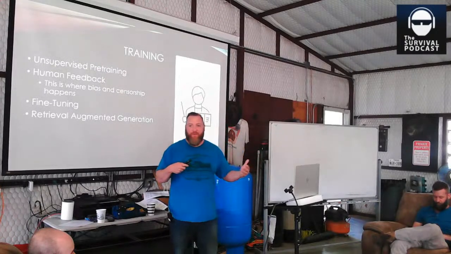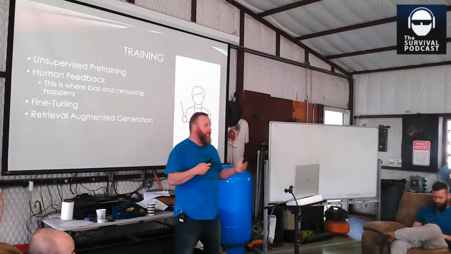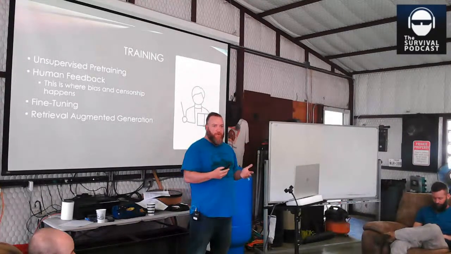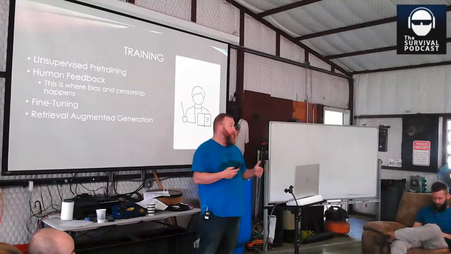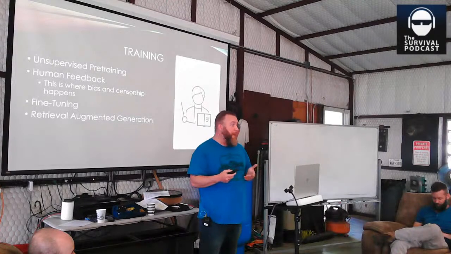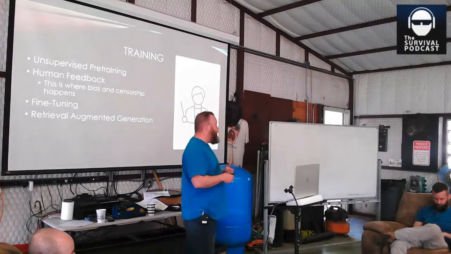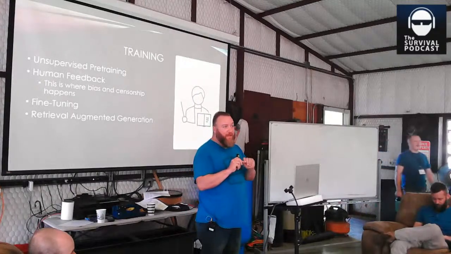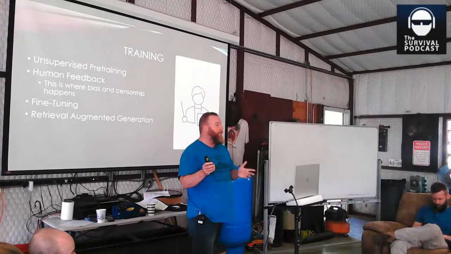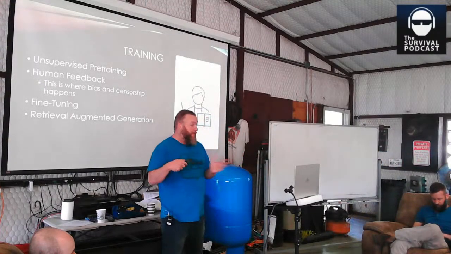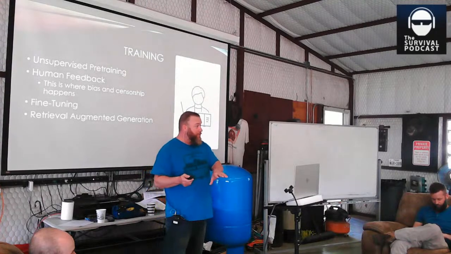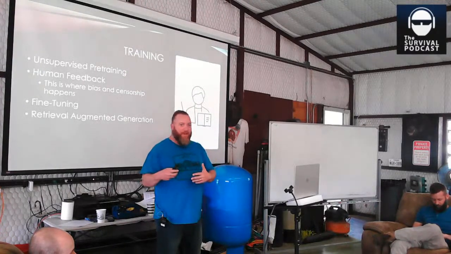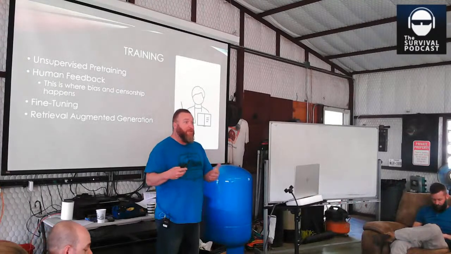Then you get what's called the human feedback loop. This is essentially where humans are working with the large language model, asking it questions and telling it whether its answers are good or bad. And so when you jump online and you ask ChatGPT, how do I cook meth? And it tells you that it's not going to tell you how to cook meth. It knows, it's just not going to tell you. That's because the human training has trained it that the answer to that question is bad.